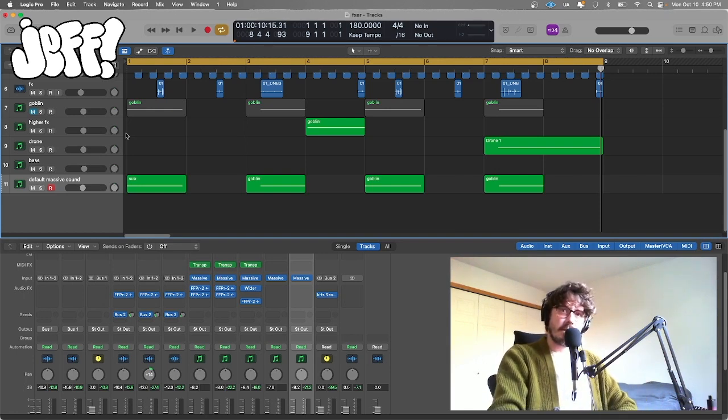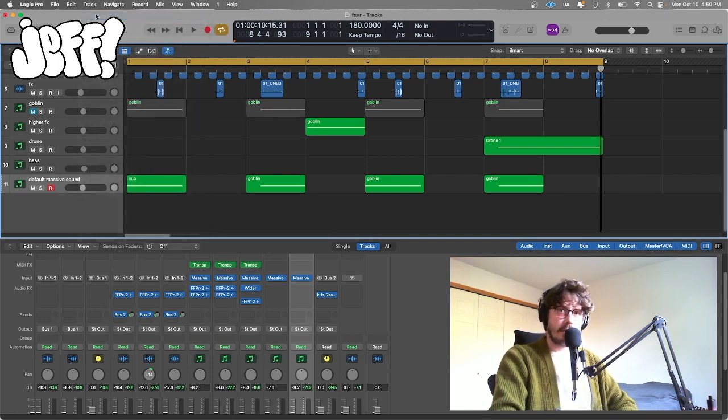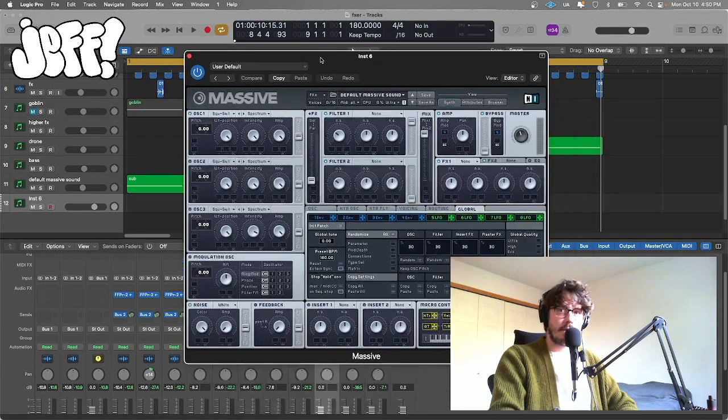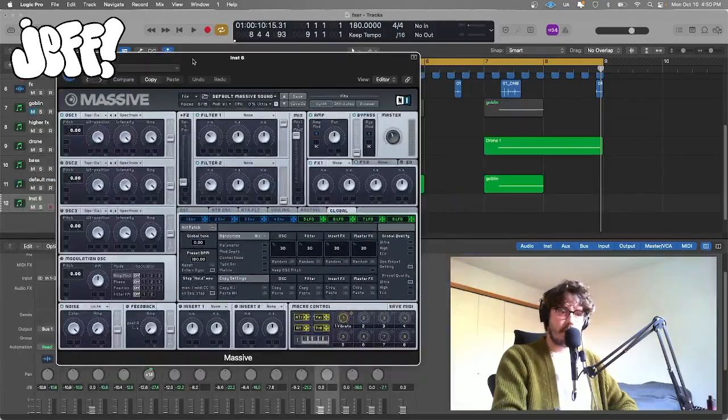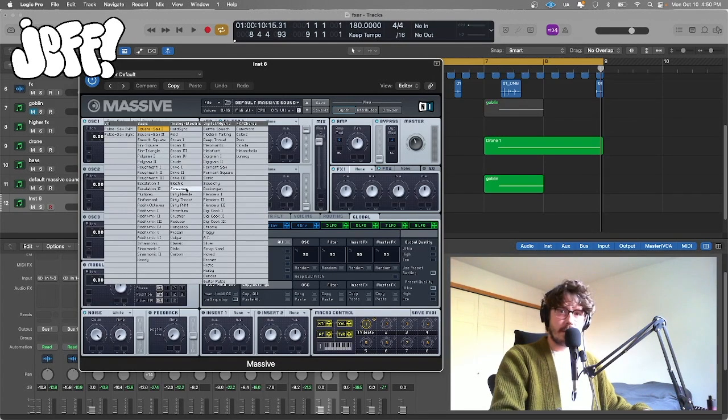So in this case, let's go ahead and create a new track and get an instance of Massive started here. Okay, so you'll land at the default patch here. So we'll take a look at modifying it from here. First thing I want to do is get the